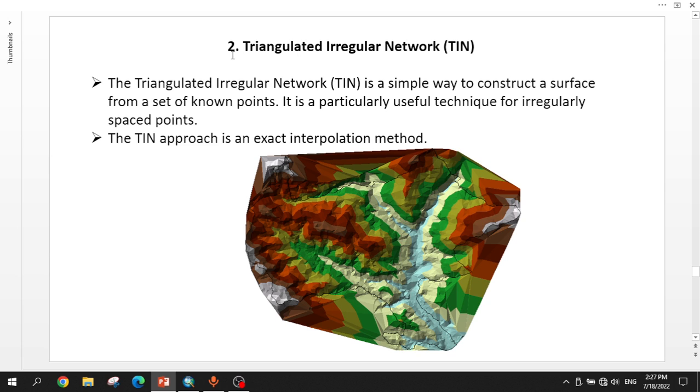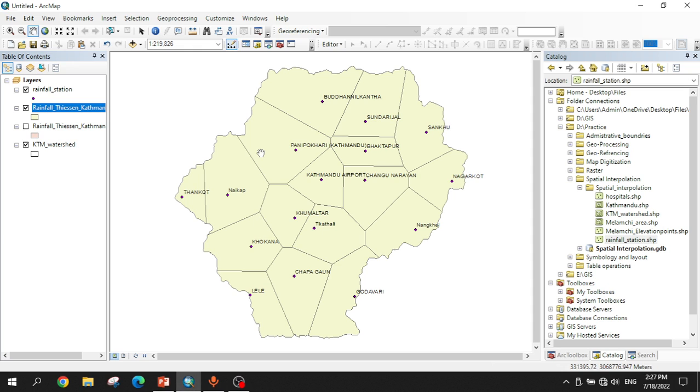So in second number we are going to learn about triangulated irregular network, that is TIN. TIN is a simple way to construct a surface from a set of known points. It is a particularly useful technique for irregularly spaced points. The TIN approach is an exact interpolation method. So let's do it in ArcGIS for the